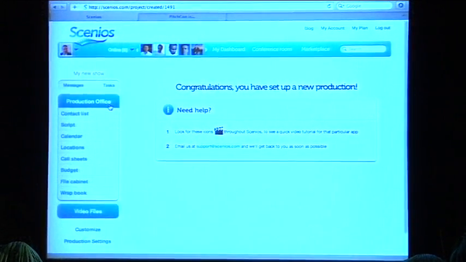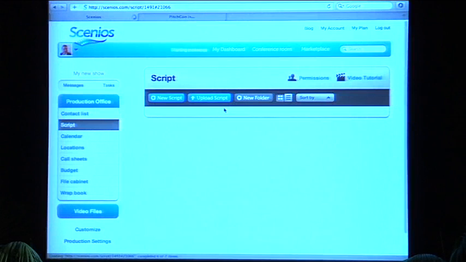And if I open up Production Office, it opens up a set of applications. Again, bringing all the applications into one place. And I'm just going to walk through some of these. Let's first look at the script. Okay, so let's say you've got an idea for a script and you need to start writing it. There's a couple different ways you could handle it when you're working in the cloud, right?